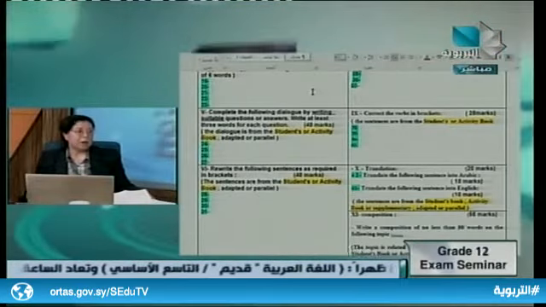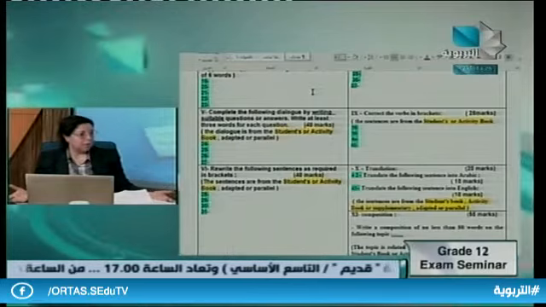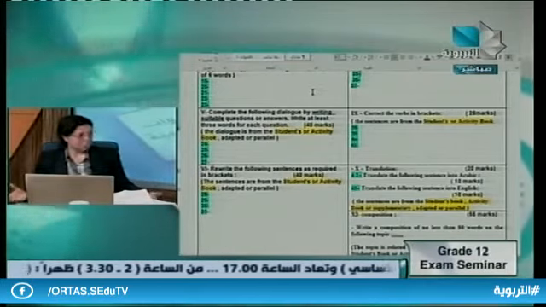Now, just let me add one thing: of course, each answer is allotted 10 marks. So don't worry if you made some mistakes. You are going to gain the other marks. For example, I did write the question word correctly, but I made some mistakes in the auxiliary verb or in the tense. So don't worry. You are not going to have 0. You are going to gain some marks.